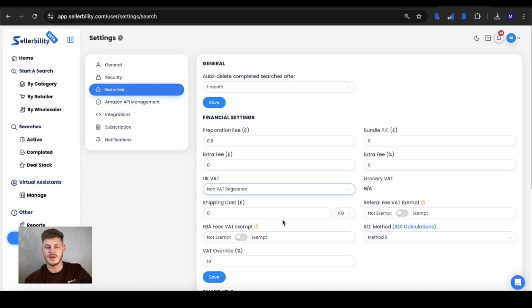Shipping cost. Now, this can be per kilo or per pound, so it's completely up to you what it is. So this is your shipping cost to Amazon. How much does it cost you per kilo, per pound? If you don't know what to enter in here, then of course you can ask your courier when you get charged the